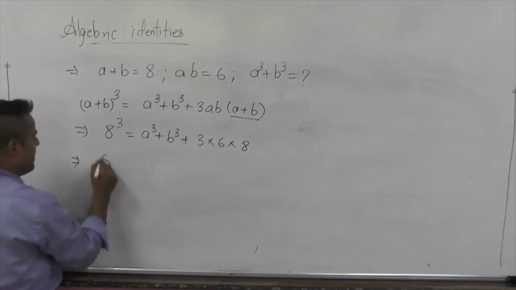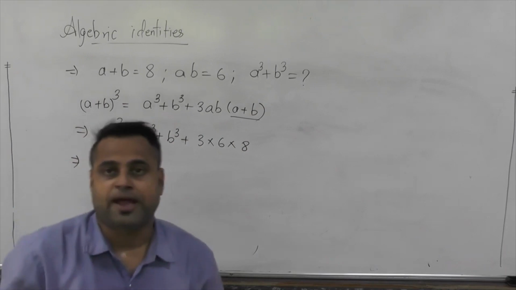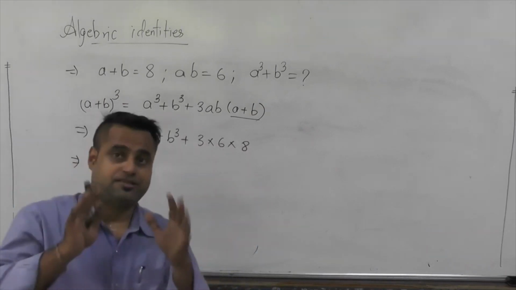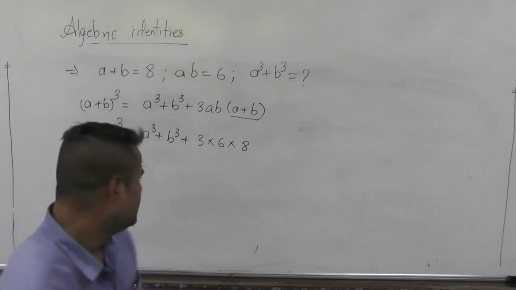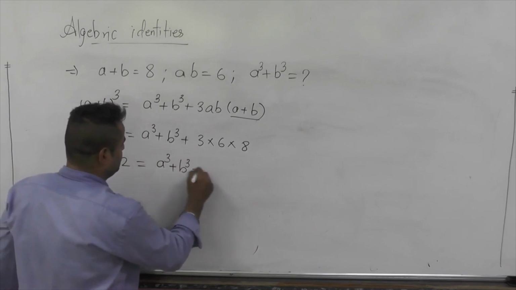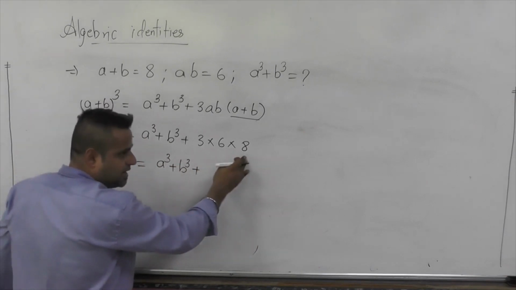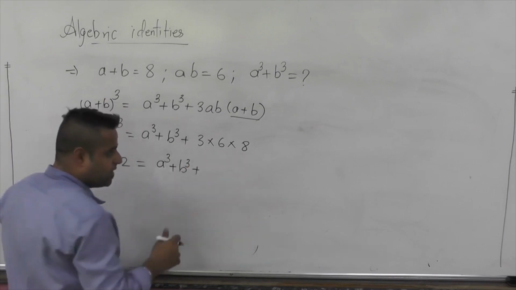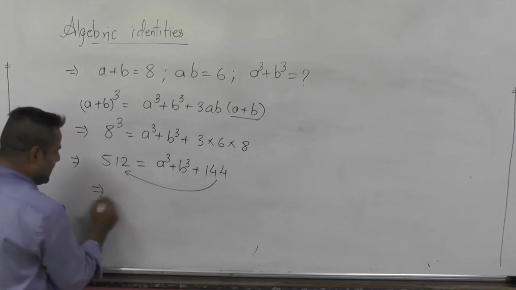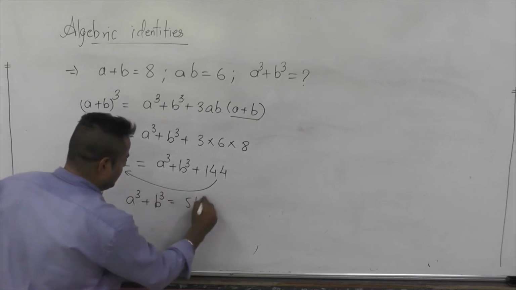Now 8 cube is 512. You need to know the squares and cubes. Squares till 25 and cubes till 15 at least, if you want to learn this. Now here, a cube plus b cube. Now we are multiplying these three terms together. 3 sixes are 18, and 18 eights are how much? 144. Yes, correct. 144 is transposed to the other side, so a cube plus b cube will become 512